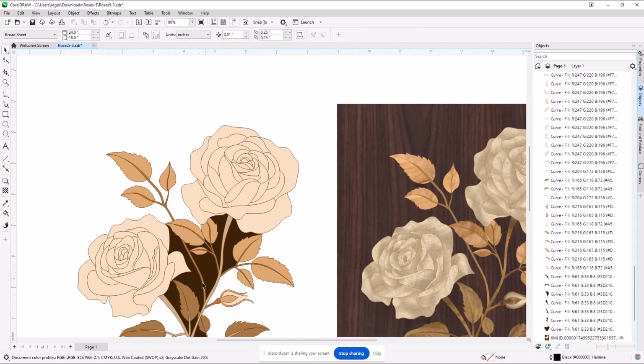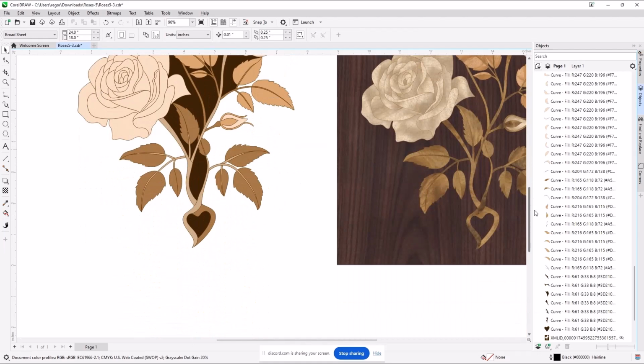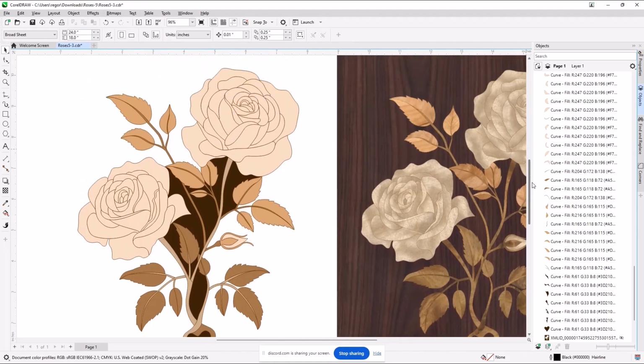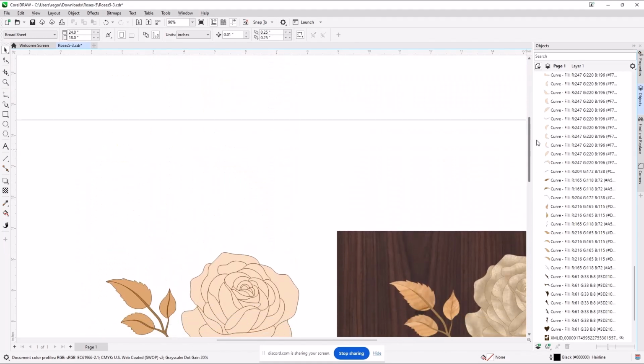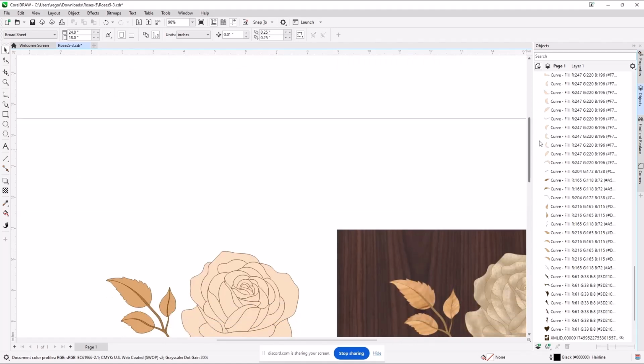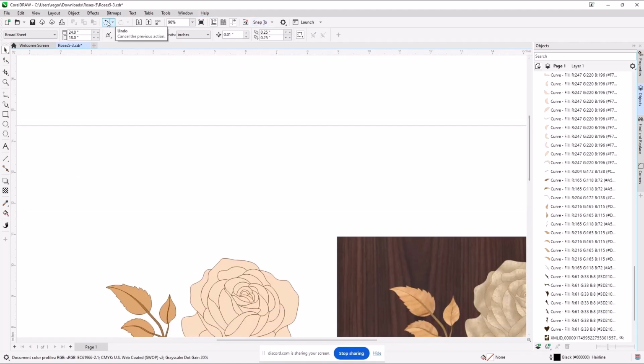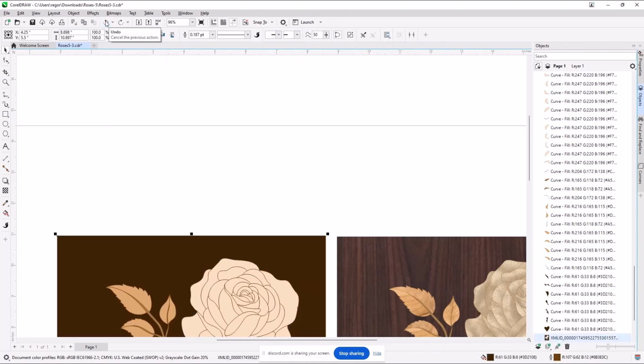You notice I have these areas that are still brown. If I wanted to select everything that's brown, we're going to use the Find and Replace command in just a second. At this point, if I want to undo the hide object, I just hit this back key once. If I wanted to undo all of the locking and unlocking I've done, I can at this point. So learn where the undo key is, because you'll end up using it a lot.